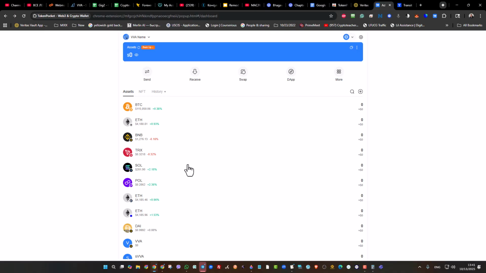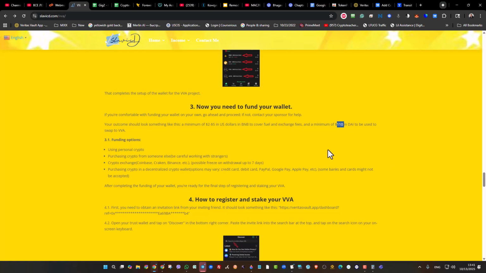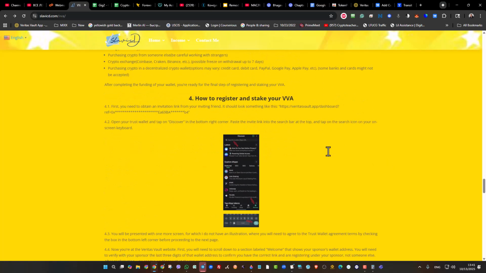Now the next step is step 4, and according to my website, which is designed for Trust Wallet on your mobile, you will be obtaining your sponsor link. So what you're going to do is copy your sponsor link from wherever they send it to you, and you're also going to verify the last 2 digits of their wallet address to make sure that you have the